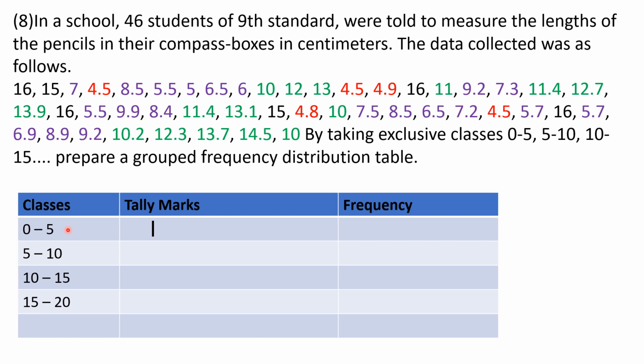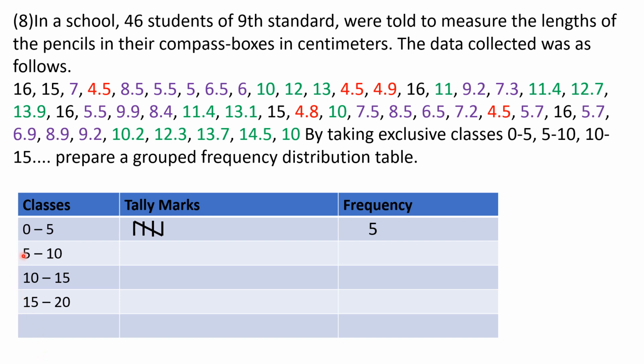Okay, now let's see class 0 to 5. For 0 to 5 you have to take 0, 1, 1.4, 1.1, 1.2, whatever, till 4.9. Students, I have highlighted 0 to 4.9 with red, so it will become easy to locate. Can you see 1, 2, 3, 4, 5. So the total numbers in this class will be 5. So you'll put 5 tally marks: 1, 2, 3, 4 and the fifth makes a group. So you'll write down 5 here.